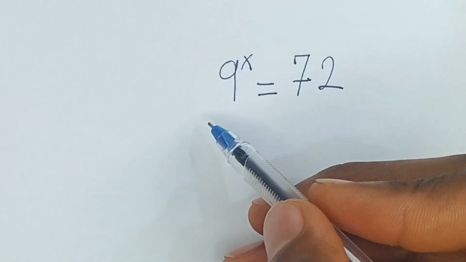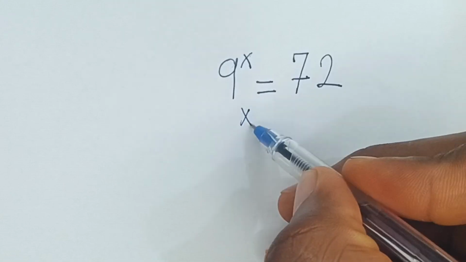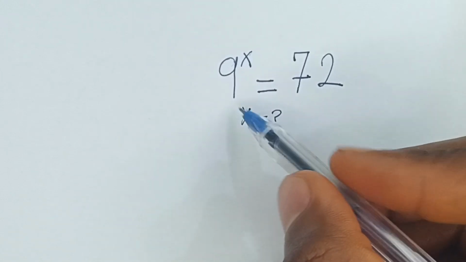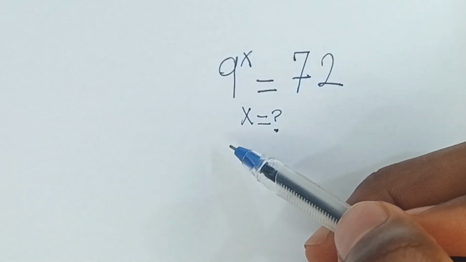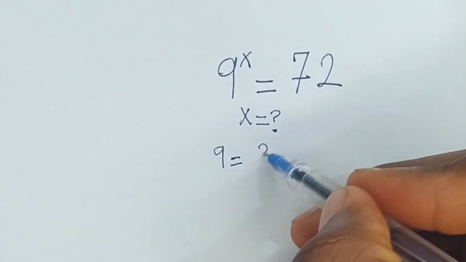Let's solve this together. It says 9 raised to power x equals 72. You're going to solve for the value of x. Now, to solve this, the fastest way to do it is to express this in their lowest index. So we're going to say that 9 can be expressed in its lowest index as 3 raised to power